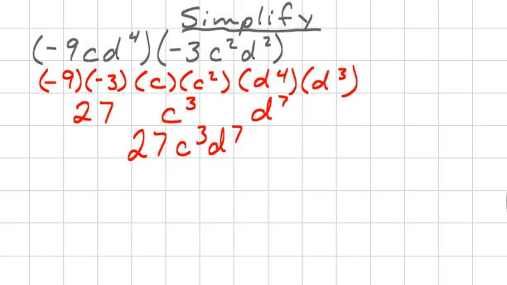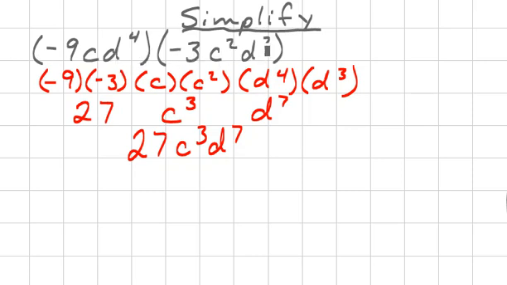I'm going to do a little bit of review here of some of the concepts that are covered in Chapter 5. And I want to start with simplification and expansion. So you'll see some questions that say simplify. And if you look at the terms here, this negative 9cd to the power of 4 and negative 3c squared